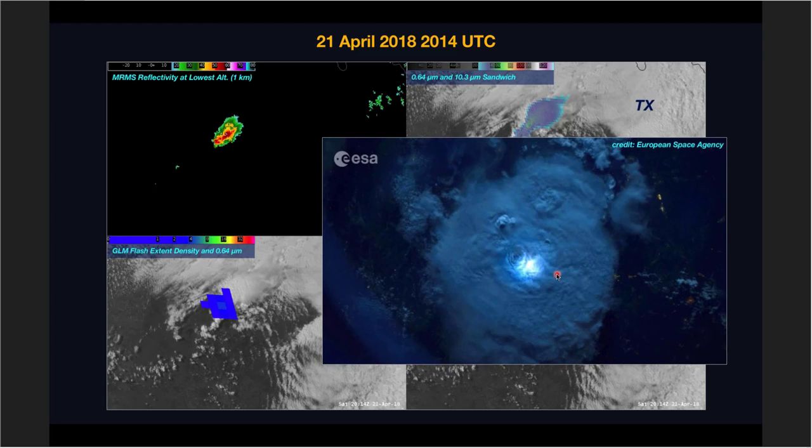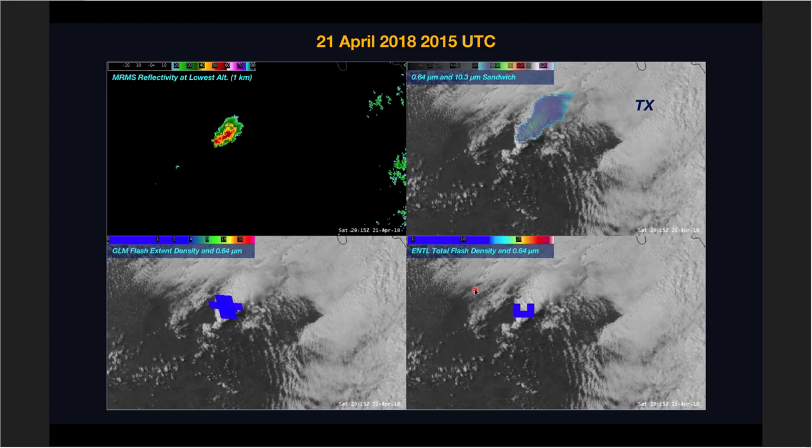So I just wanted to compare what you would see from a photograph in a way versus the product that you get in AWIPS. They're not the exact same time, but I think it's interesting to think about, and it may help people visualize what's going on a little better and why there are differences. So we're going to keep going, 2015,